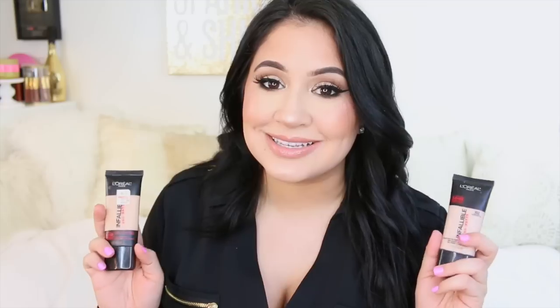For a long time, I was using this in my kits, and my clients always told me, like, what foundation did you use on me? Like, it covered everything. It looks matte. It looks flawless. It lasted a really long time. L'Oreal Pro Matte Infallible. I mean, this is just amazing stuff. This is probably top 3 foundations of all time,